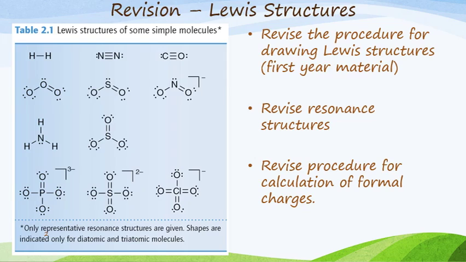You need to revise the procedure for drawing Lewis structures. You need to revise resonance structures, and you need to revise a procedure for the calculation of formal charges. Okay, so in the table that's given, you will see and you will remember that there are certain resonance structures like the phosphate ion, the sulfate ion, the perchlorate, the sulfite, nitrite,